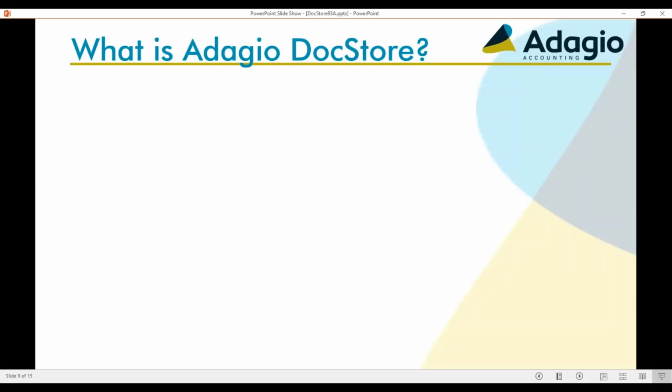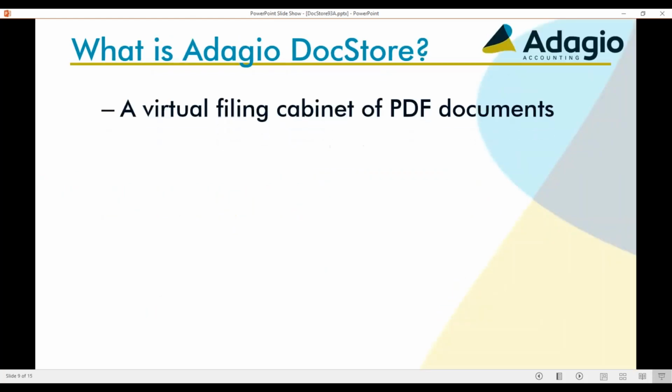So what exactly is Adagio DocStore? We like to think of it as a virtual filing cabinet of PDF documents. It's not just a random place where a bunch of PDFs are crammed all in one folder that you have to wade through over the months and years that you store these. But these are actually saved on your hard disk in a way that mimics a filing cabinet. Your customers and your vendors' PDFs are separated by customer or by vendor. And within each customer or vendor, the types of documents, an invoice or a credit note or a check or remittance advice. We think that that will make it a lot easier not only to locate,